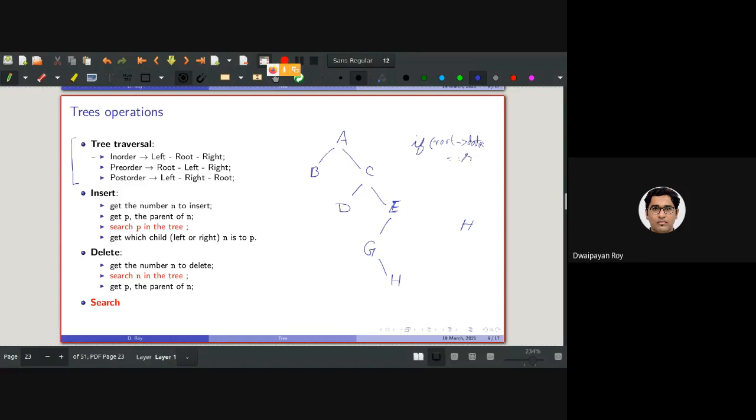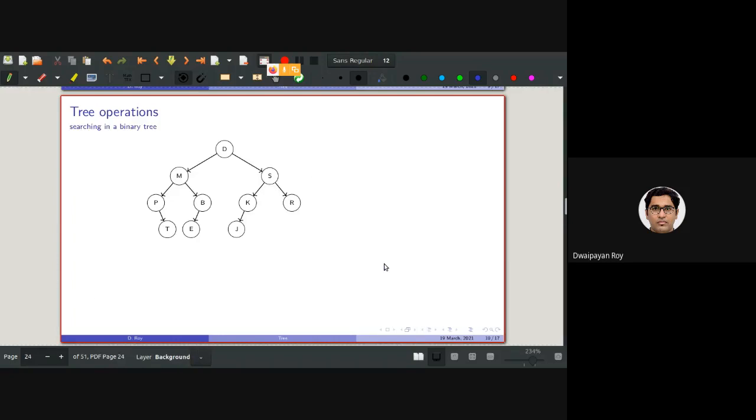So everyone with me? So we need to apply this for all the nodes, isn't it? Please respond. Come on, guys. Yes. Okay. So let's consider this tree. If I search for E, how many comparisons should be done for in-order traversal?